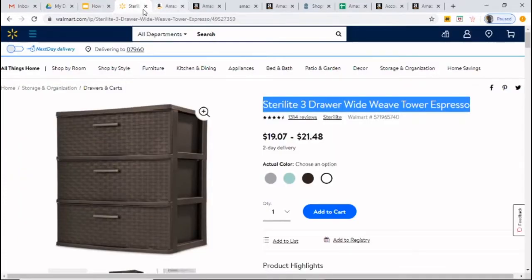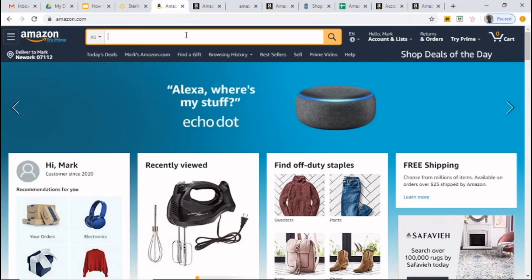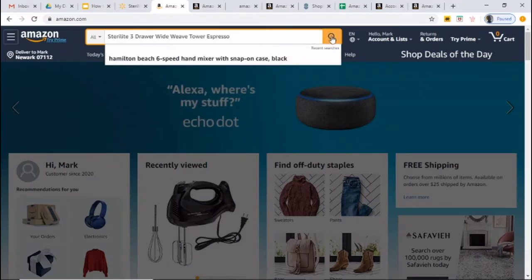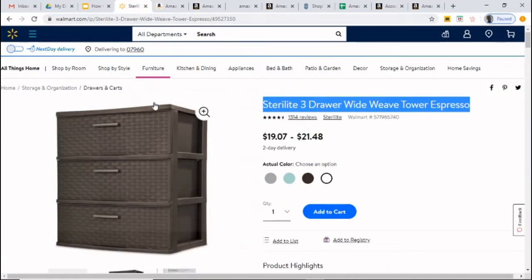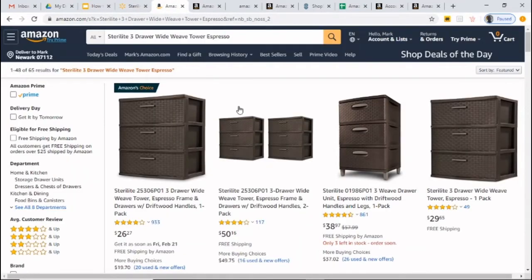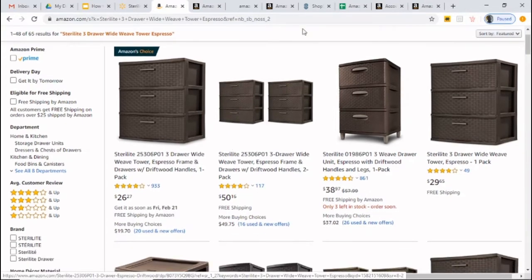And then you're going to take it to Amazon. Paste it here. Click search. And there you have it. The same item that is selling on Walmart is also selling on Amazon. Alright, so this is one way that you can find an item. Then you would open the item,